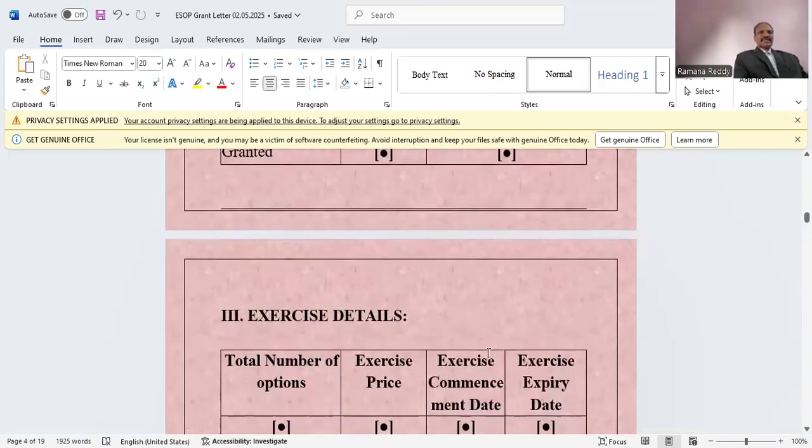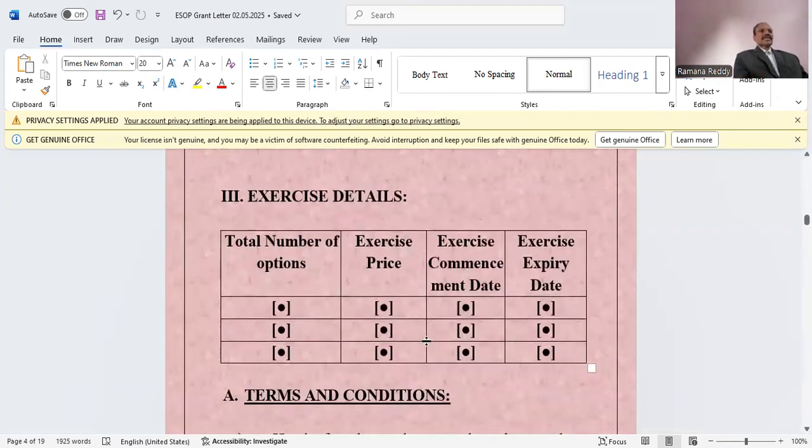So from the commencement of the exercise date to the closure of the exercise date, whether it is 60 days or 2 years, he can exercise. And it is his choice. Suppose 100 shares are vested, he can take 50 now and, based on his availability of the amount, he can take another 50 next month. So during the period, he will exercise. So total number of options, for example, 30% options he is taking in the first year after vesting. The exercise price is decided by the NRC.